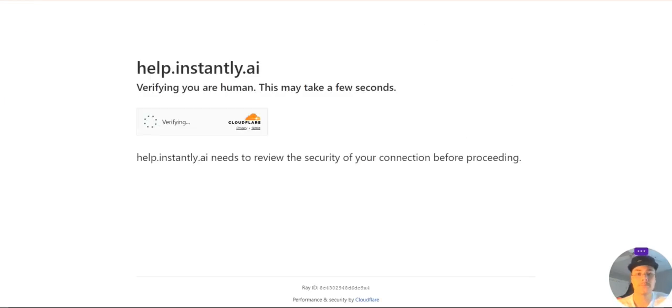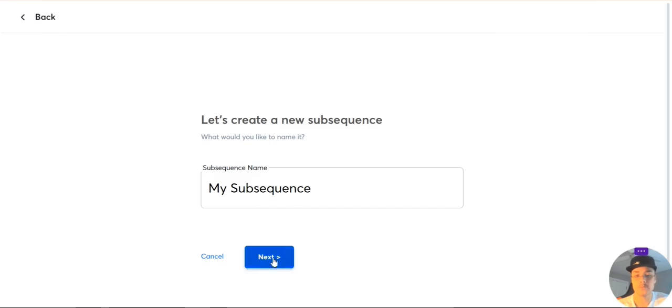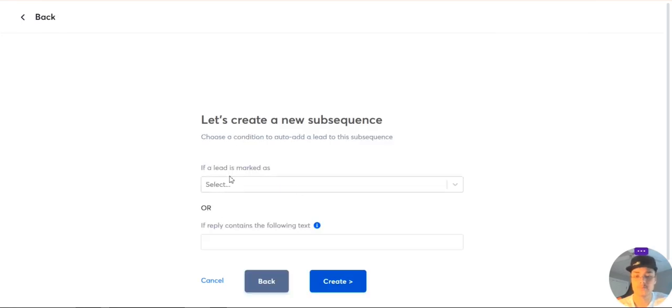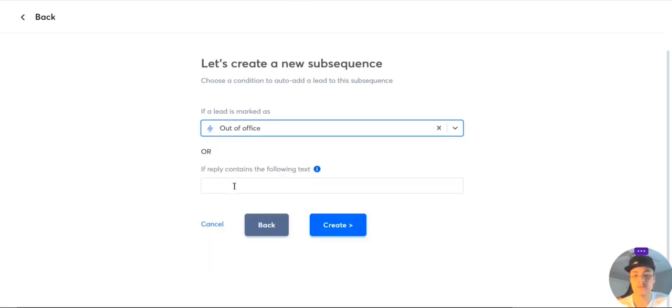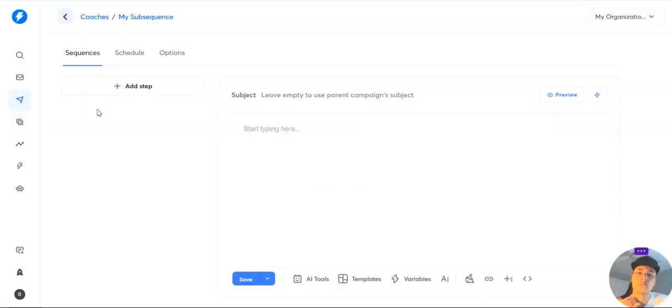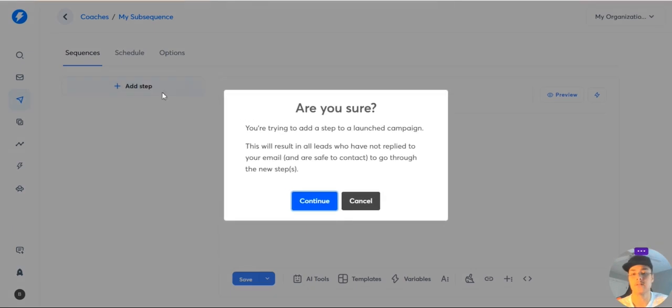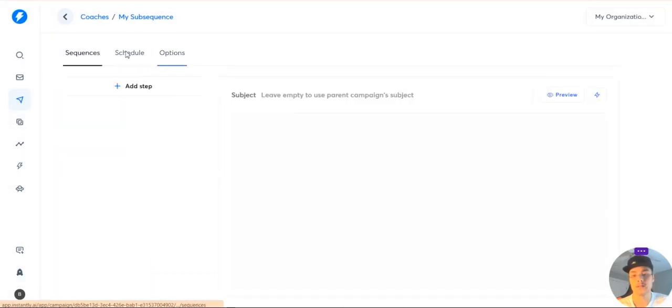Subsequences. This is cool to use. Duplicate, add new. So you can say, I want a new subsequence, my subsequence. If a lead is marked as, we'll say, out of office, you will come in here and add a step. So this is similar to before. It's going to have schedule, sequence, options,